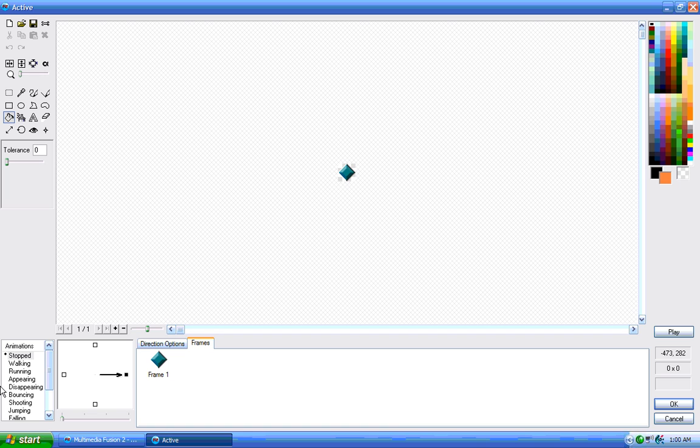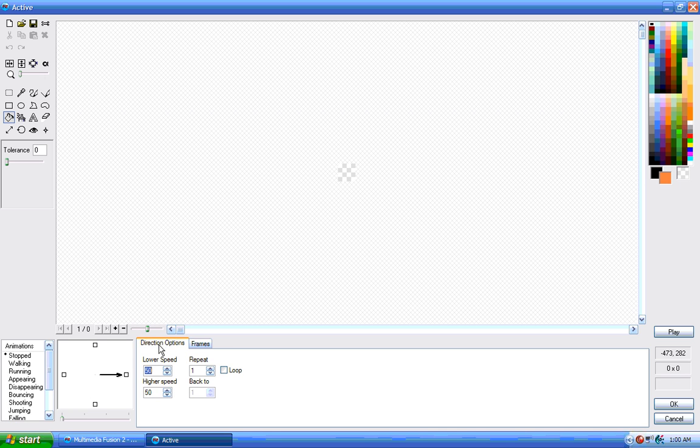This looks a little bit different than the backdrops look. See, we can add stopped, walking, running, appearing, disappearing, bouncing, shooting, falling, jumping, climbing, crouch down, and stand up actions